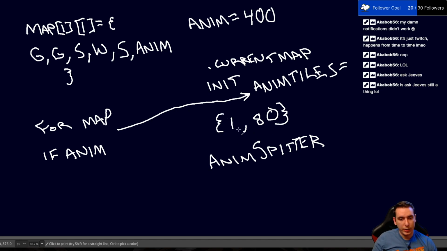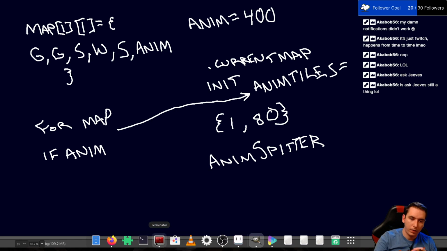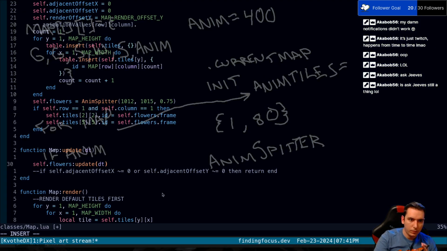I guess the question is, if we've got an anim splitter that gives us the updated value to insert into our global map here, are these two values enough for us to decide what needs to go and overwrite our map? Let's take a look at our, where is it? We've got